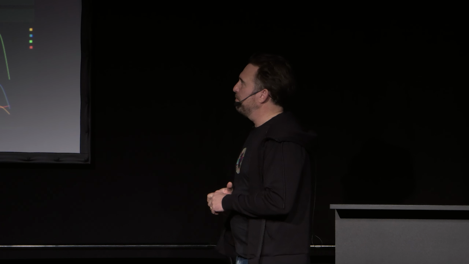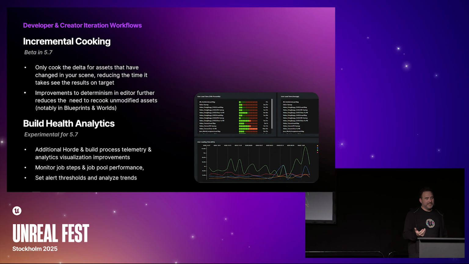and overall cook speeds way improved. So really exciting. Beta in 5.7. Hopefully we'll go into production ready next year, obviously. Other thing is build health analytics, where